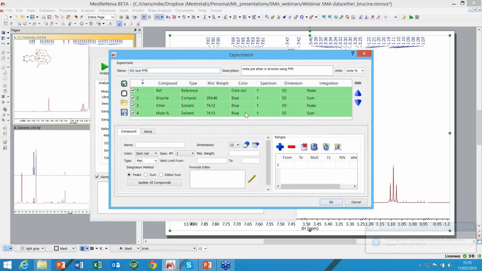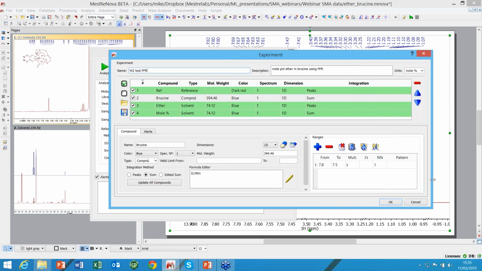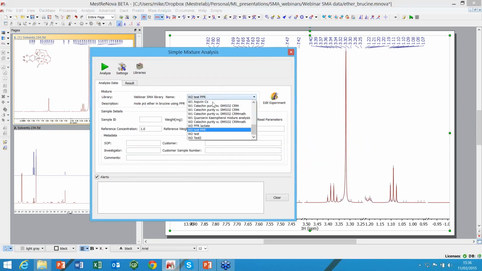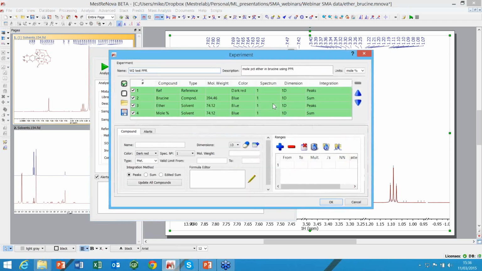It's very similar to what I did previously, except for the fact that, if you look, these names have gotten mixed up a bit. Okay, so you can see here for the ether